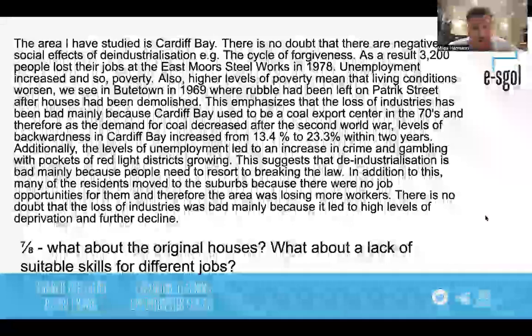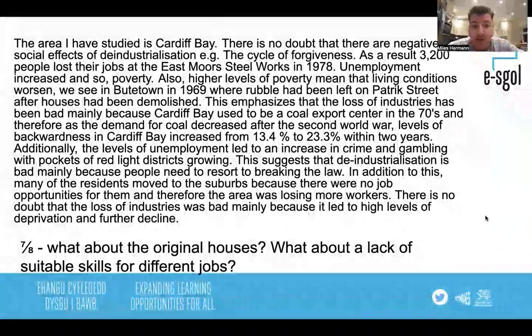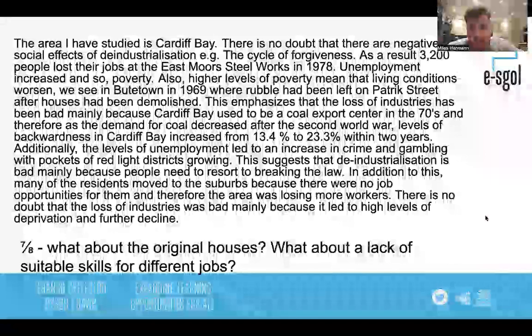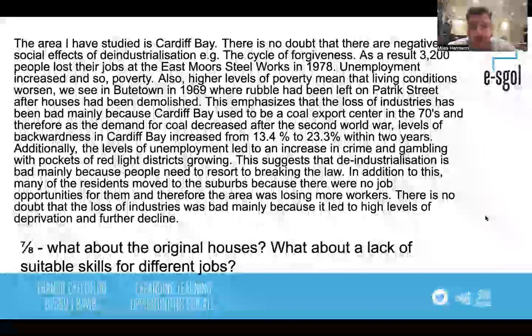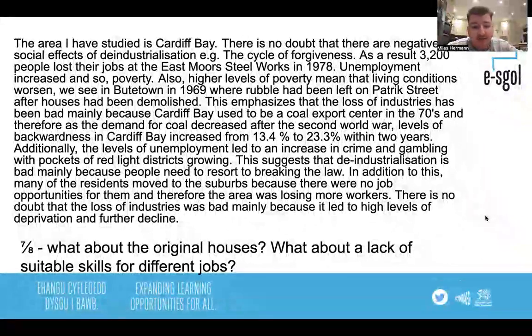Additionally, the levels of unemployment led to an increase in crime and gambling, with pockets of red light districts growing. This suggests that deindustrialisation is bad mainly because the people needed to resort to breaking the law. In addition to this, many of the residents moved to suburbs because there were no job opportunities for them, and therefore the area was losing more workers. There's no doubt that the loss of the industries was mainly bad because it led to high levels of deprivation